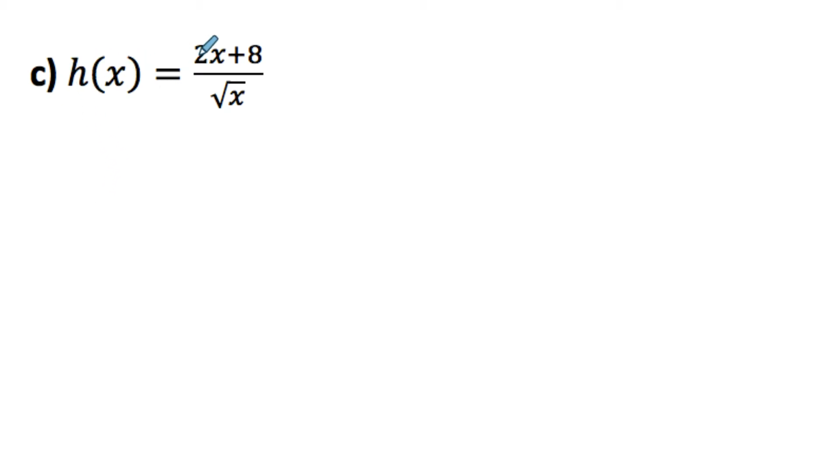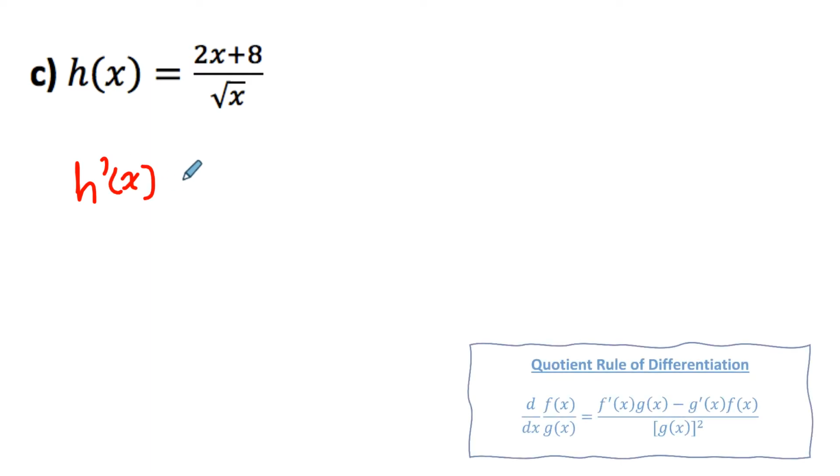This h of x function is once again a quotient of two functions, so to find the derivative, I'll use the quotient rule. Derivative of top is 2 times the bottom function. Now I'm actually going to write this root x. That root x means x to the half, so I'm going to write it like that. Minus the derivative of the bottom function,